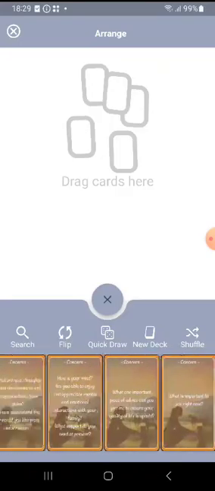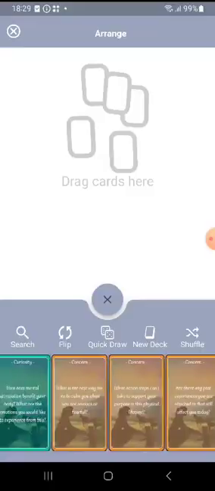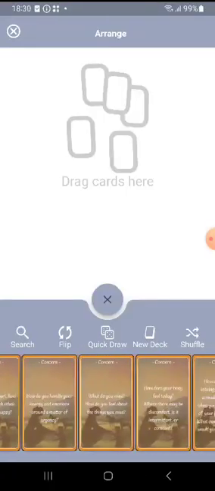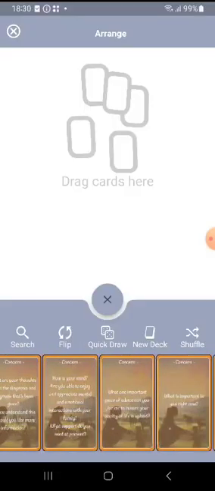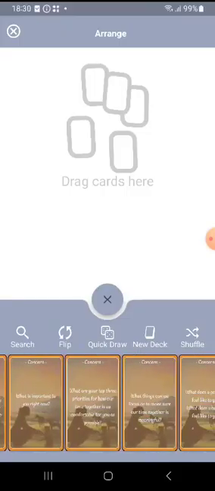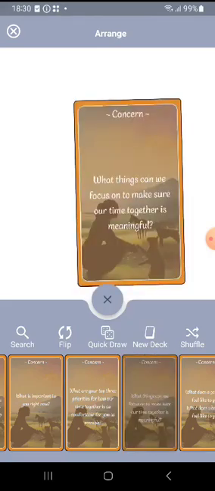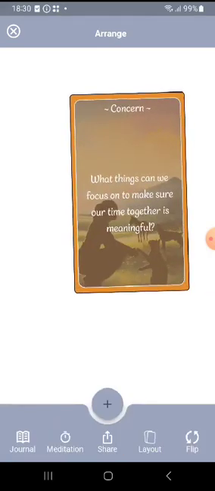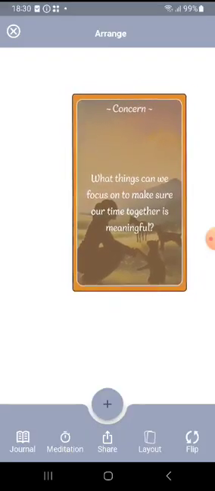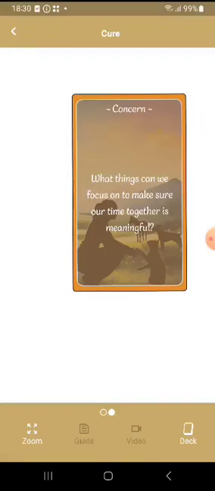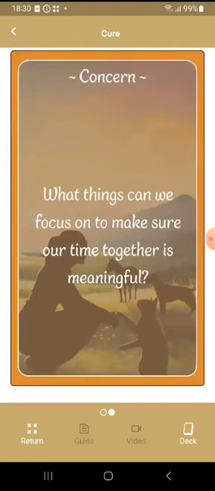And I can either look at each question and see which one I'm drawn to, or I can just randomly pull one up. So let me just pull this up here. Now, this is so interesting, and it's actually quite emotional to get this card. So if I tap on the card, I can zoom so that it makes the card bigger and I can read that. So the question that's come up is, what things can we focus on to make sure our time